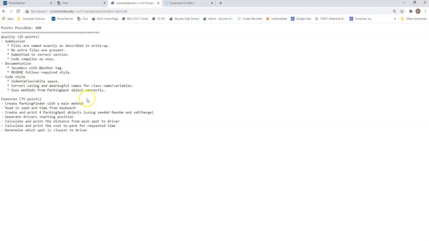Make sure you consider that you have correct casing, camel casing, and meaningful names for your variables, and that you use the methods from the parking spot class or the parking spot object correctly. That's worth 25 points. 75% of your grade is going to be whether or not your project will create a